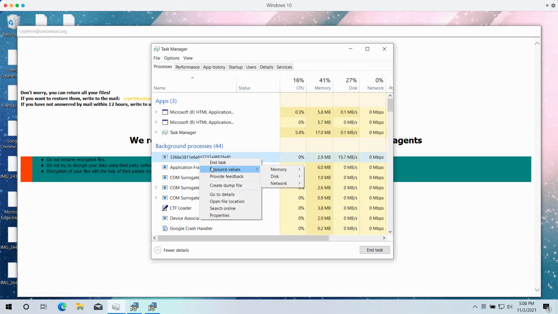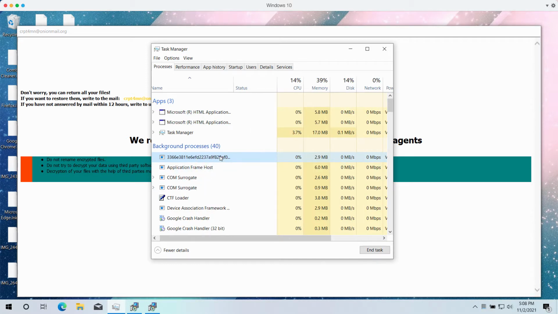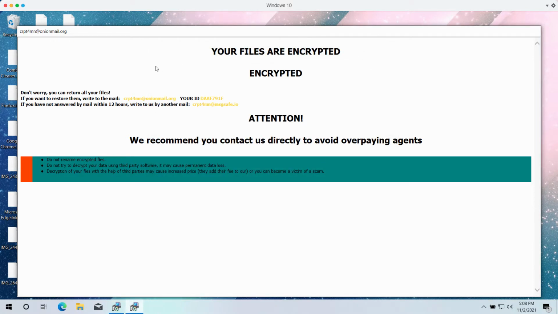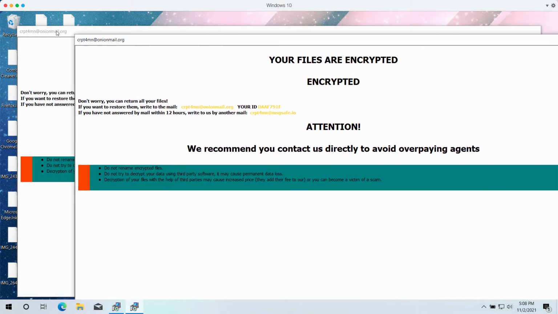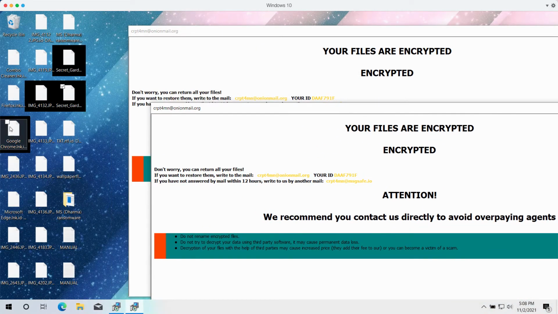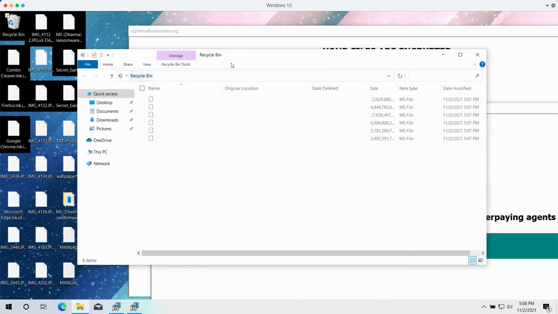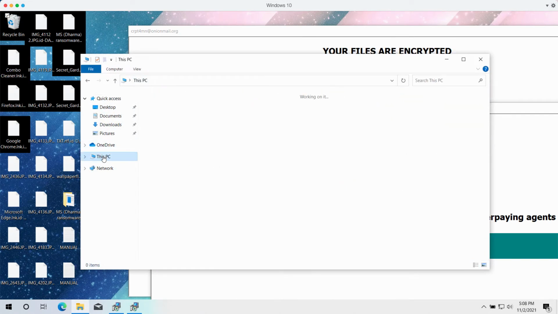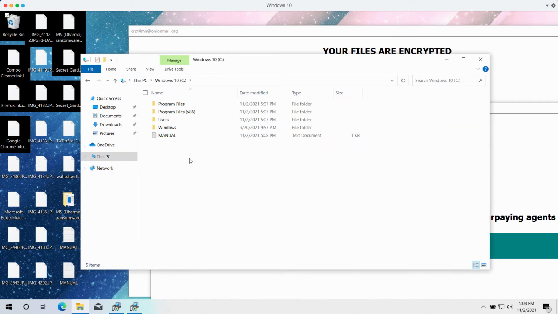First thing you can do is to open the task manager of your computer and look for any suspicious tasks that could be running in the background. Typically, these are tasks or processes with very long random names. So if you find them, end their tasks immediately to stop further file encryption. Now, the second thing you should do is to immediately scan your computer with a reliable anti-ransomware